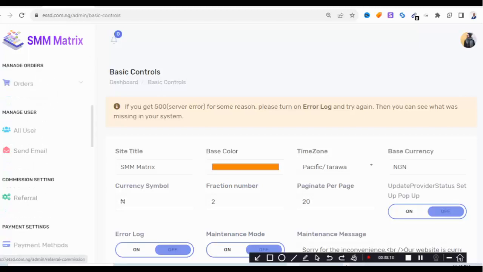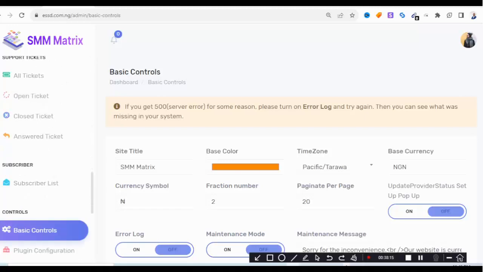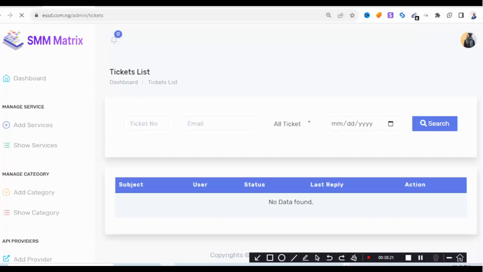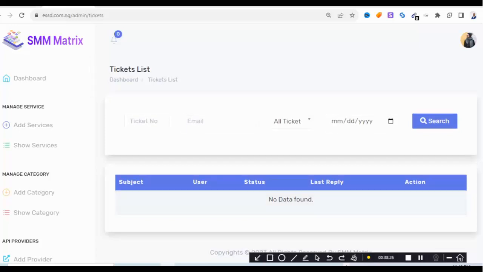So from here you just have to also look at answer tickets, open tickets. All the tickets are sent to you. Maybe they have issues on the website, on their user end. You can easily solve that. So I'm going to see everything here. So in case you need this script and you need this for your